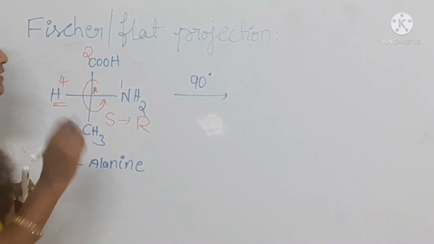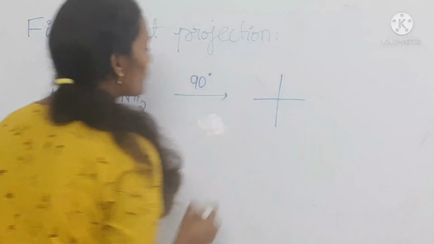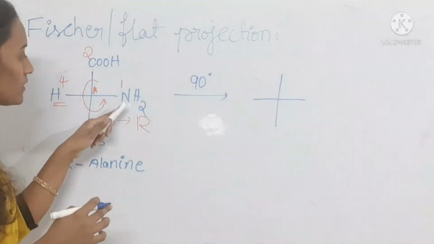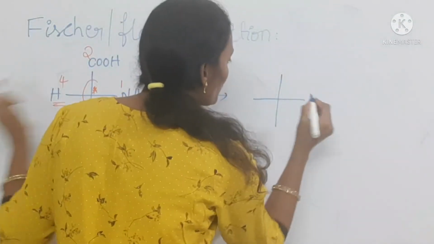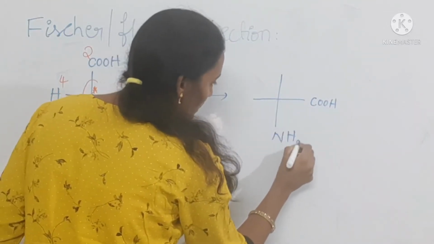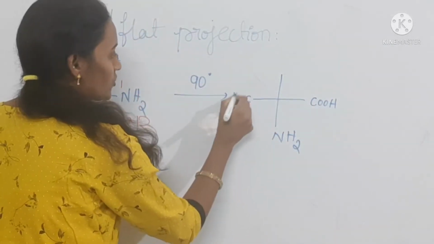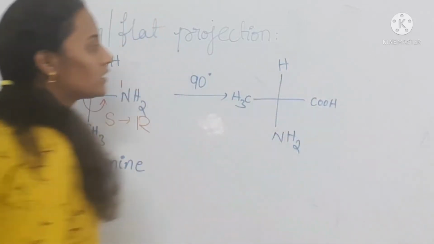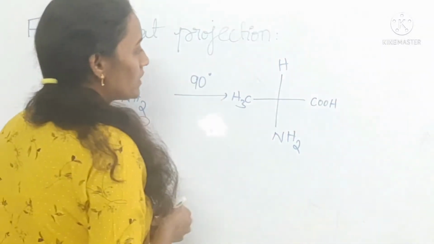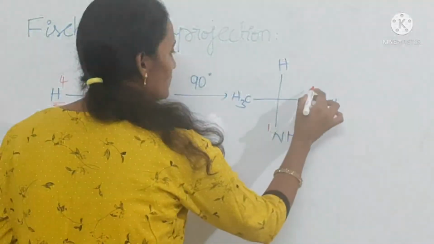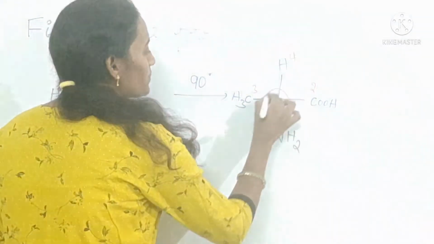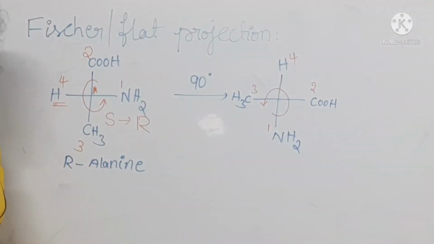which one do I get? Just see, this carboxylic group will take the amino group position, COOH, then NH2 comes here, and after that this is CH3, and the hydrogen is on top of this vertical line. Now assign priority order 1 2 3 4, students. See how the plane polarized light will rotate.